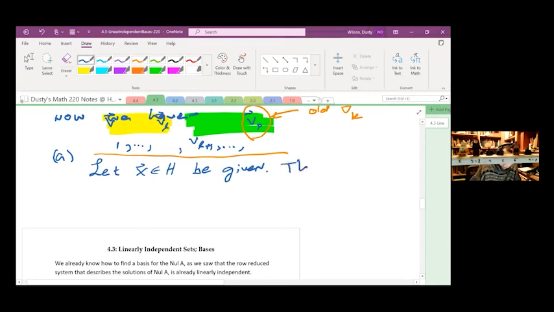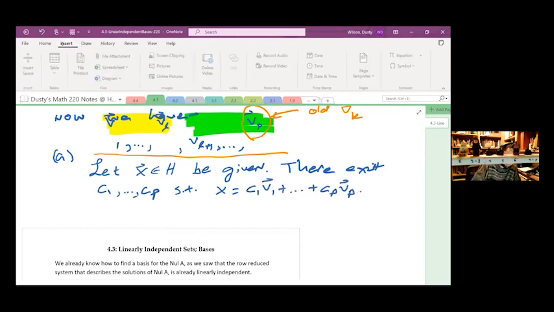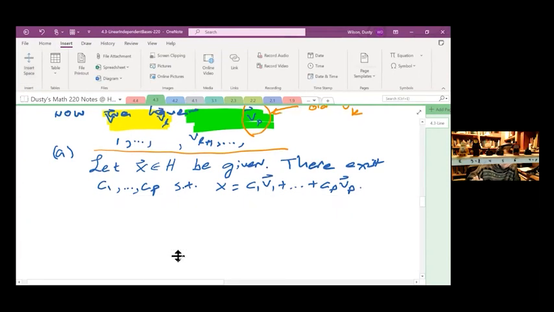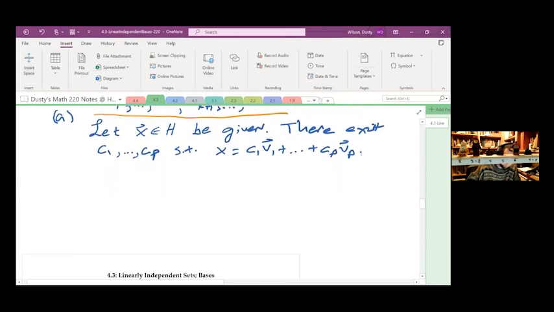So there exist C1 to CP such that X is equal to C1 V1 plus ... plus CP VP. We also know that